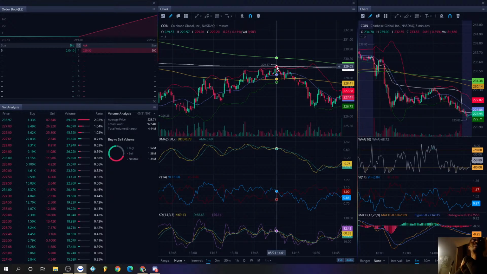And what happens? This is why we trade VWAP. This is why we have a VWAP on the chart. This is why we have a 200 on the chart. This is why we have Bollingers on the chart, because the Bollinger will let you know the distance between the top and the bottom is going to be your tension on that price action.